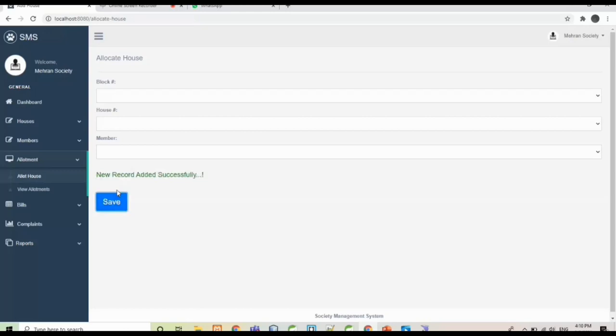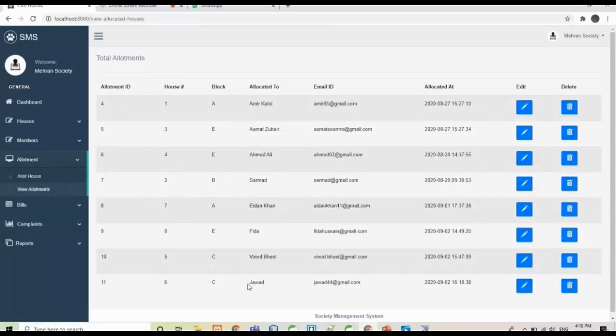Let's save. New record edited successfully. You can view allotments. This is Jawad, whom we assigned a house. We can also deallocate a house from a member or edit its details.